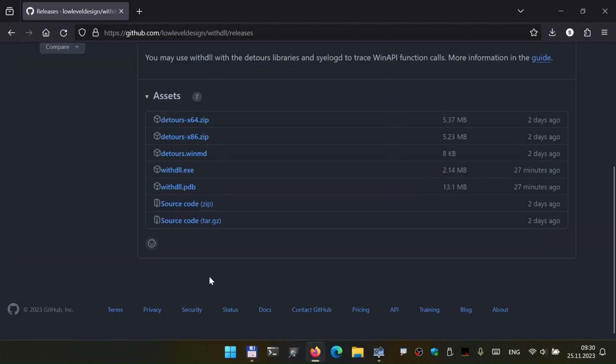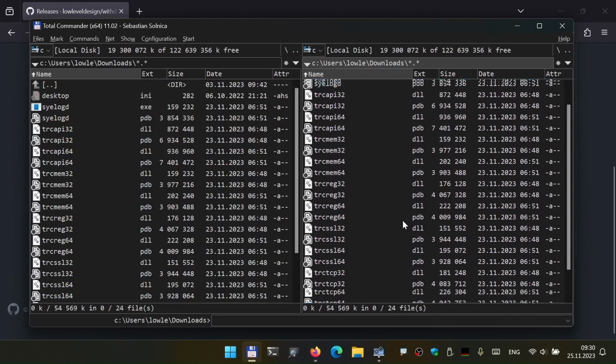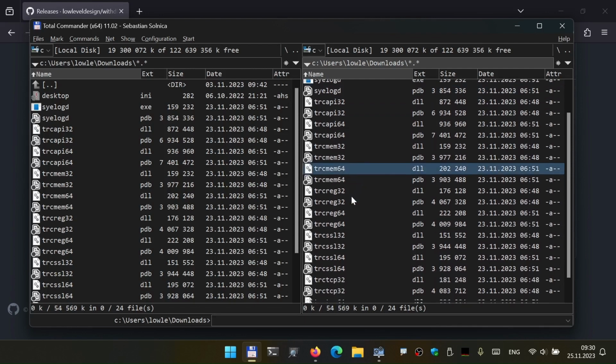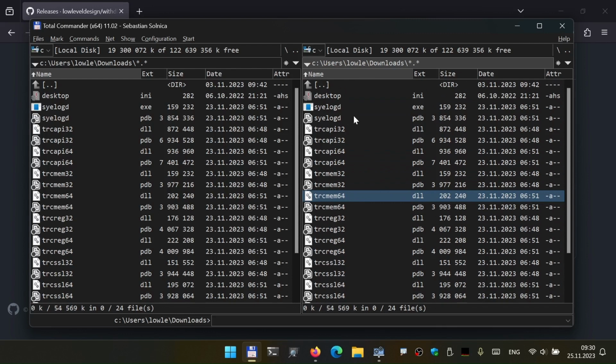I already downloaded the executable and unzipped those Detours zip files that you can see here. One of them contains 32-bit versions of the DLLs, so you can see this 32 suffix, and the other one contains 64-bit versions. We'll use both in this video. Additionally, we have various tracing libraries here. Those DLLs contain hooks to